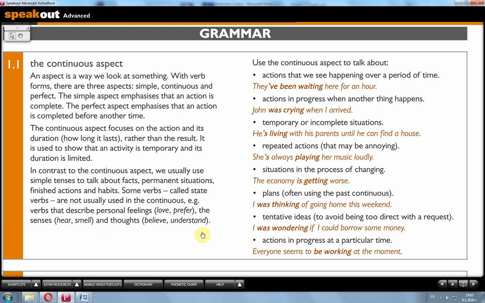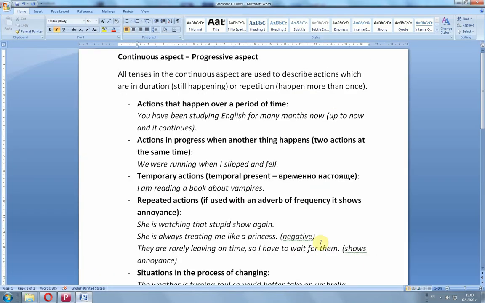So, anyways. Now, the examples of the continuous aspect are given here. I strongly recommend reading all of these. However, I have this additional file which follows the same structure, and I'm going to go through the file. As I mentioned, all tenses in the continuous aspect are used to describe actions which are in duration, still